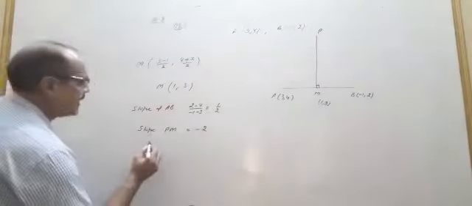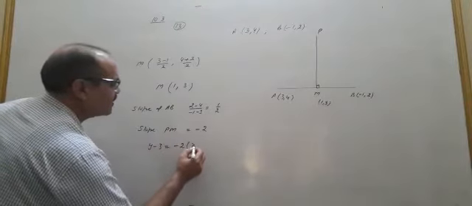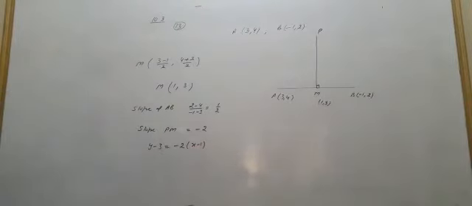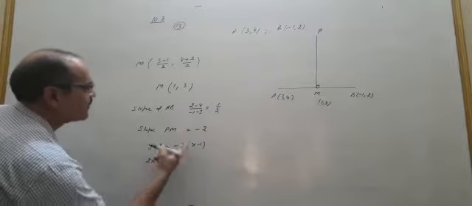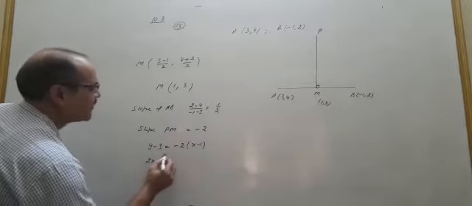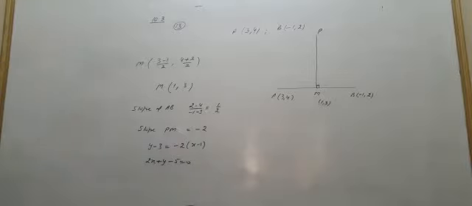This is passing through the point M, so therefore point form, that is y minus y1 is equal to m times x minus x1. Okay, now you have to simplify this and you can find the result. How to simplify? This can be written as 2x plus y minus 3 minus 5 is equal to 0. So this is the equation of the right bisector of the line.